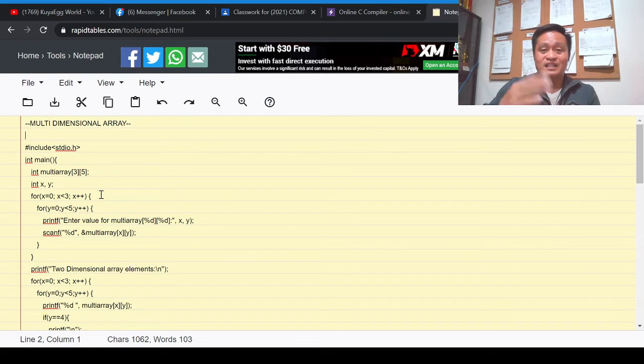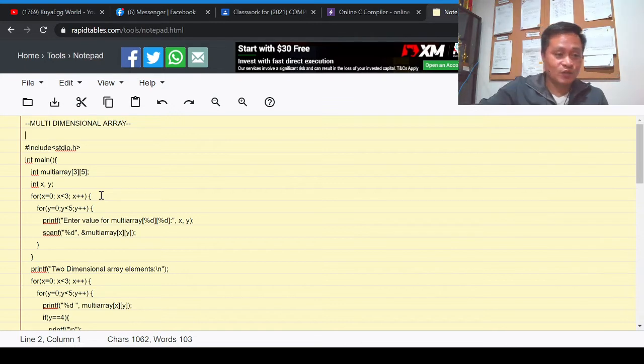I just used the simple programming one because my purpose here is to discuss the idea of a two-dimensional array, the behavior, how it works when we make use of this two-dimensional array